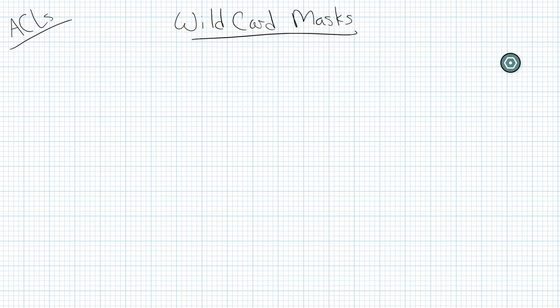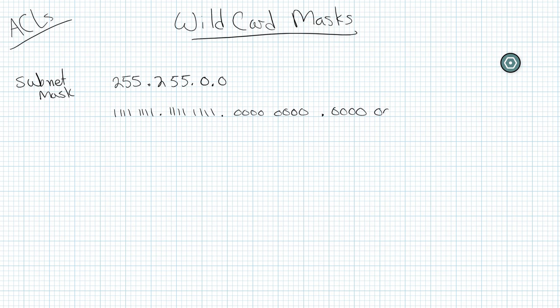When we were looking at subnet masks, for example, if we had 255.255.0.0, we would have a subnet mask that masks the first 16 bits. If we were to write that out in binary, we would get eight 1s, another eight 1s, and then sixteen 0s. So that's the binary representation of